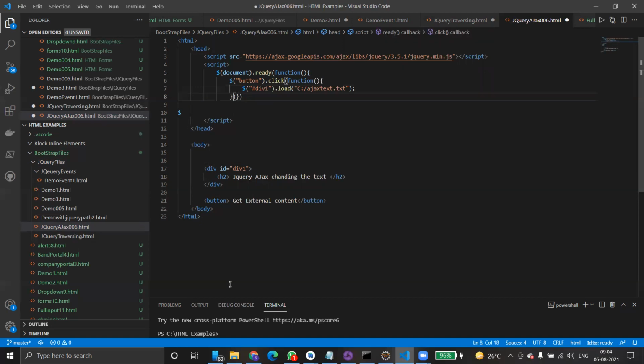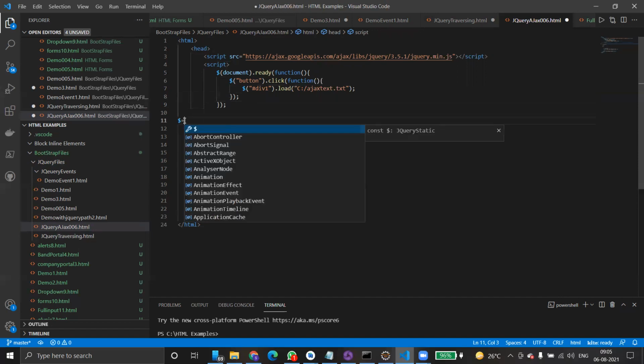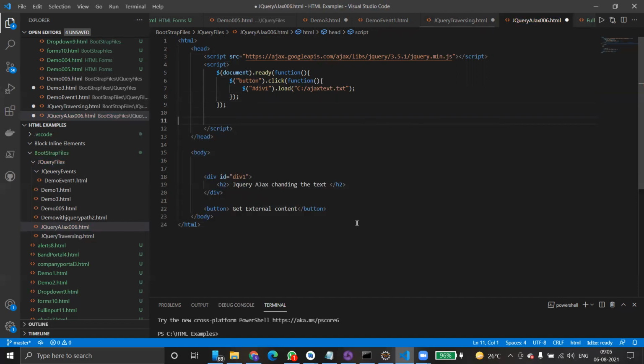Let's come here. This is done, this is also done. I think this symbol is not required. Control S.